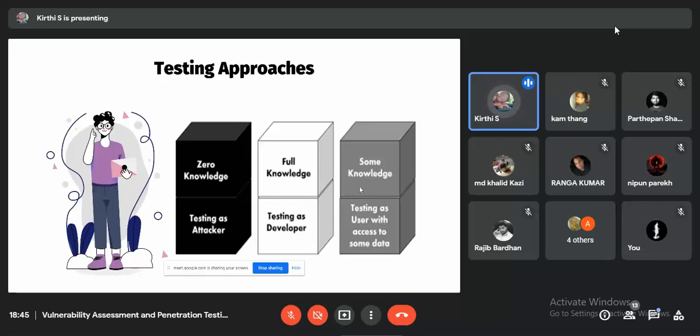Gray box testing in the sense it is a combination of both black box and white box testing. The gray box tester has high level knowledge about the internals of an application. Even limited knowledge is enough to gain access to the system design. Gray box testing can be performed both manually and automated. Gray box testing mainly focuses on known existing security vulnerabilities.